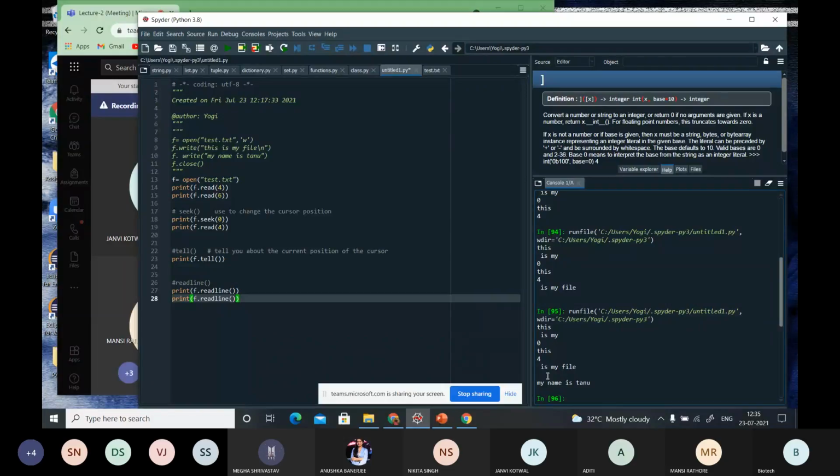Then we have a number of different methods available. The close method we have already discussed, then fileno, flush, read, readlines, seek, tell. A number of methods are available to you, but the basic methods you can just go through with these. This is just the basic information related to that, right?